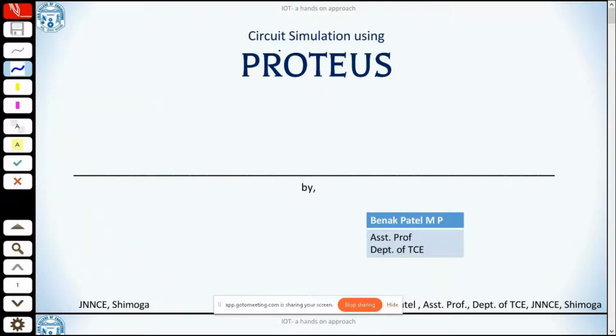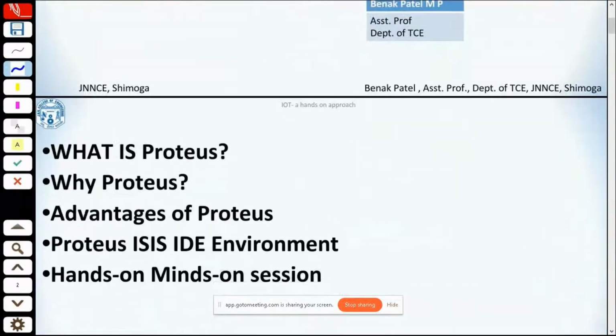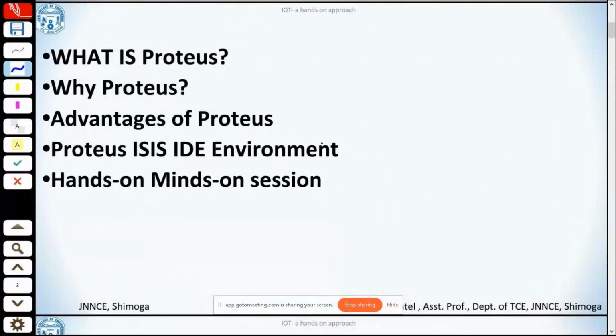In this session, we'll go through circuit simulation using a software by the name Proteus. These are the contents I'll be taking you through: what Proteus software is and why we should make use of it, followed by the advantages of Proteus software, followed by a walkthrough of the Proteus ISIS integrated development environment.